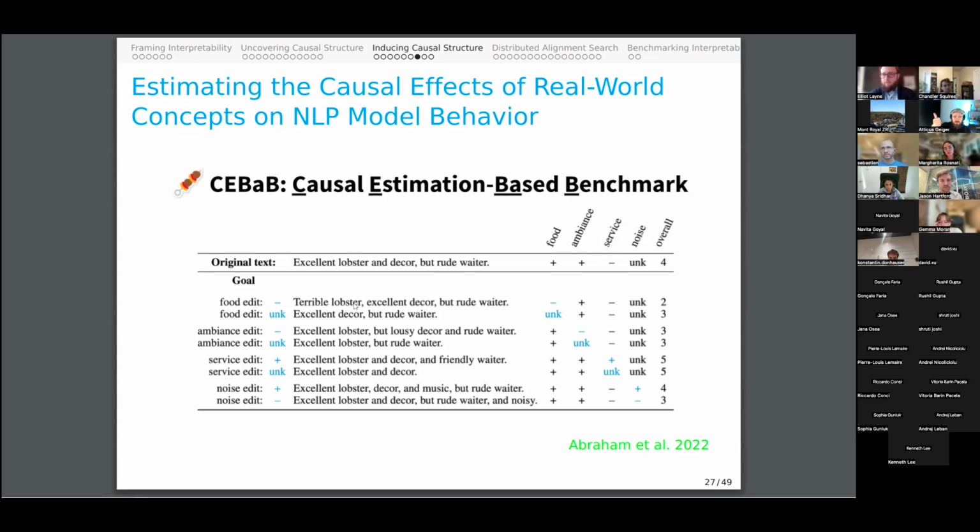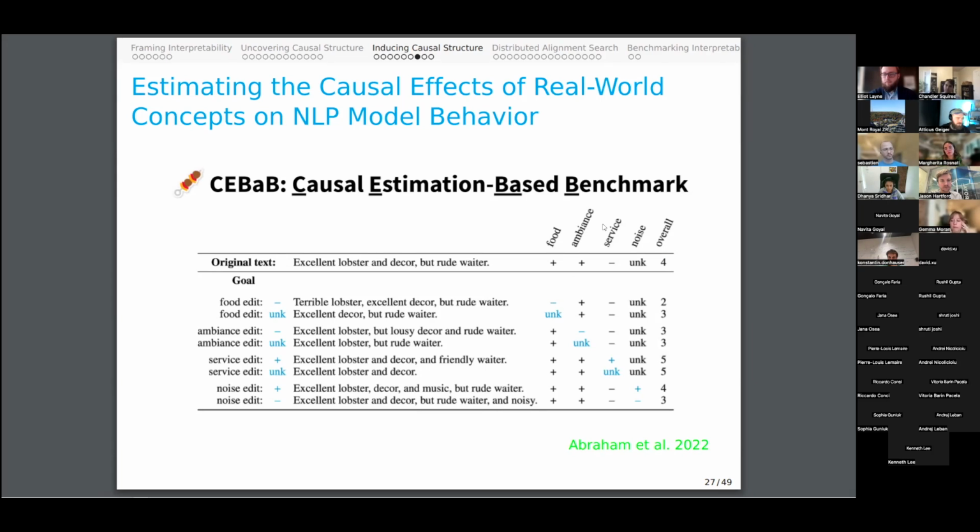So was the food good? Was the service good? Was the ambiance good? Was the noise level good? And then those are binary sentiment variables. And then the final outcome of the network is just a 5-star rating of the restaurant. And so the question is, what will the impact of changing food from positive to negative be on the 5-star